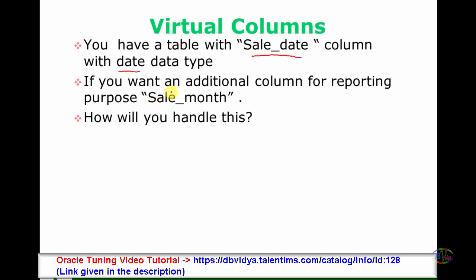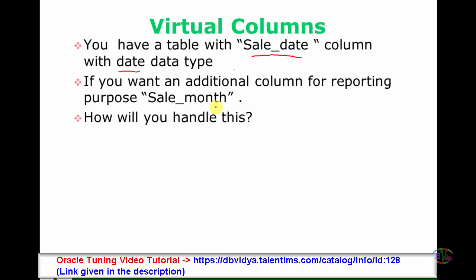Okay, so such an environment, a warehousing environment, is what I am taking as the example. So you have sale date with a date data type, and you want an additional column for reporting purposes. Definitely I can extract the month portion from sale date, like to_char of sale date, comma, single quote, MON. But when I'm generating the report, it will get calculated at runtime. Definitely it will affect the performance of the report, right? Correct. So the SMEs might ask, I want one more column as sale month, so that immediately I can use it, with no need of the to_char and all those things.